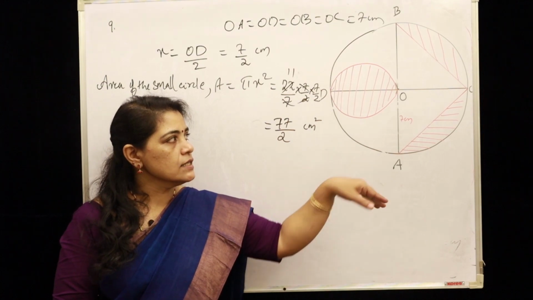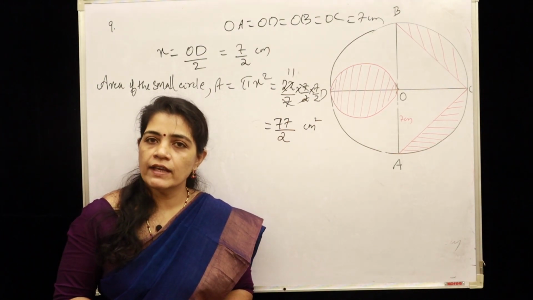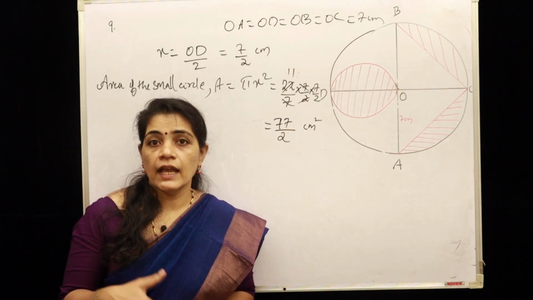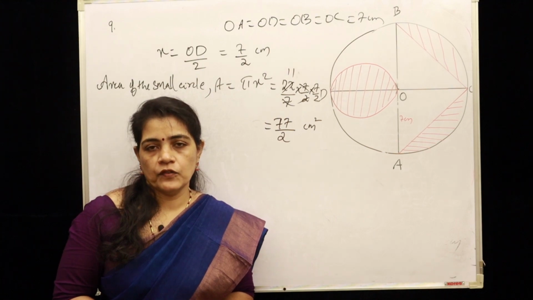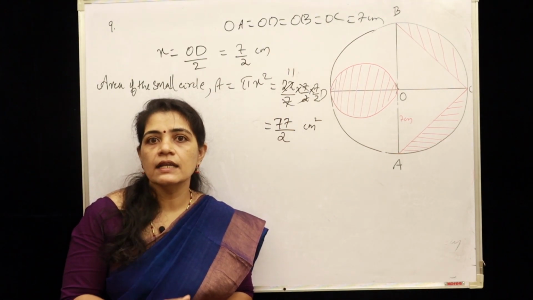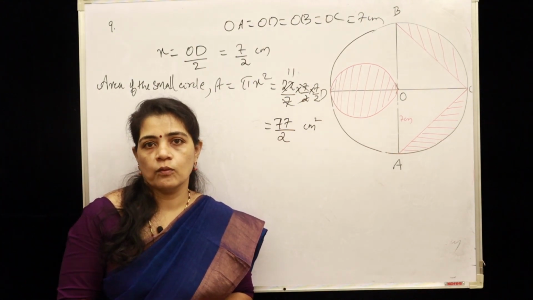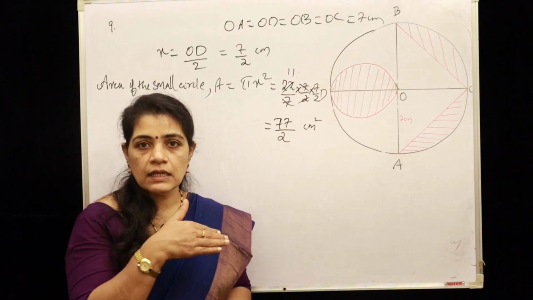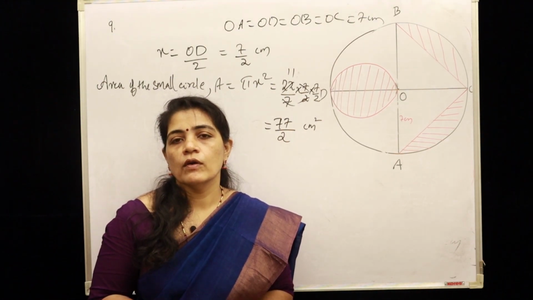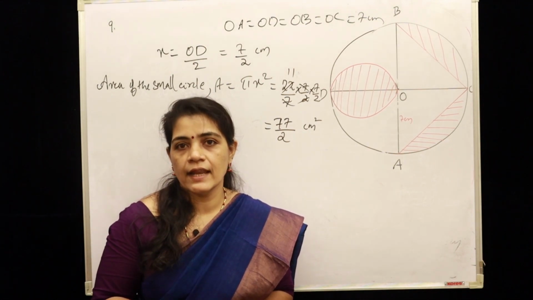Next, we have to find the area of the segment. I have explained in the first video the formula to find the area of the segment of a circle. There we explained two formulas, for when the angle is 90 degree and when the angle is 60 degree. Here, which formula? Being perpendicular bisectors, the diameters make each angle 90 degree. That is the clue for which formula to select.